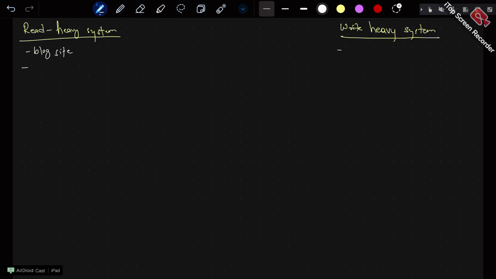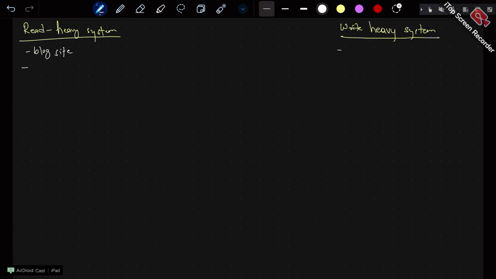Only when people are placing the order, that would be a write heavy system. But the same system will also be a read heavy system because the price is very low, so many users will be reading. So in that case it is both read heavy plus write heavy system. Read heavy system you can think of something like a big billion day, right? People will just navigate through the pages, seeing what offers are running. So in all those cases you can think of the read heavy system.